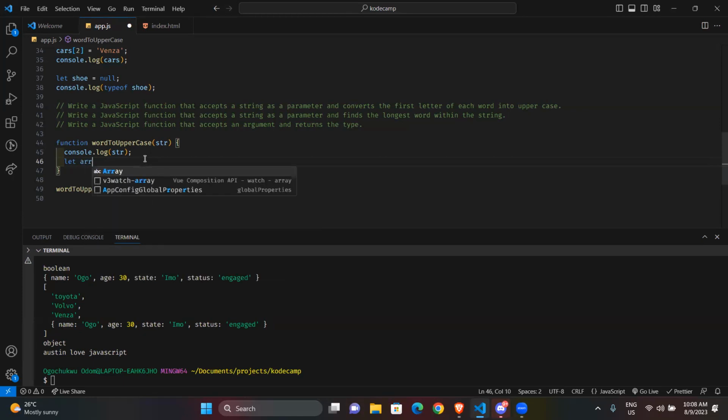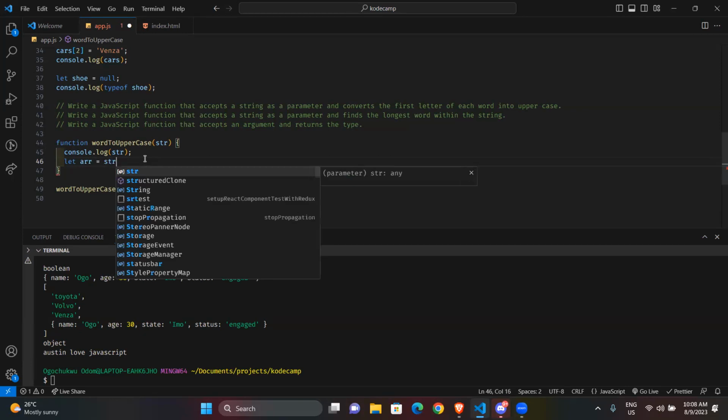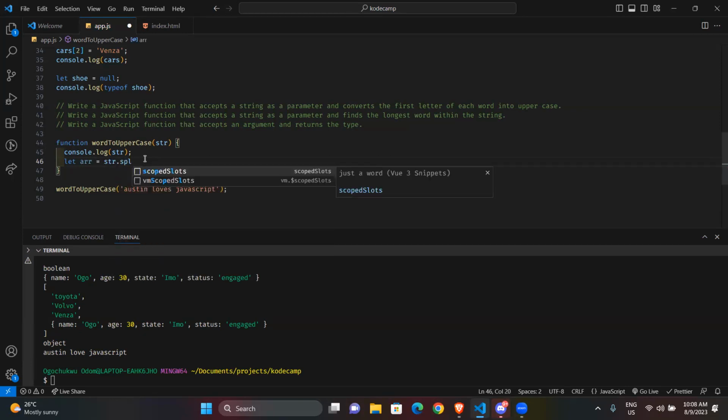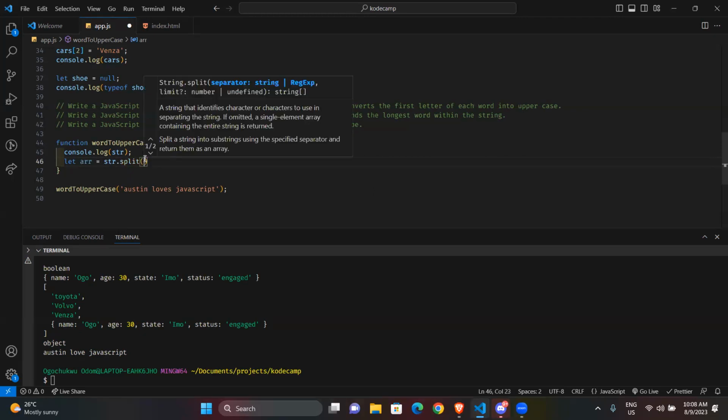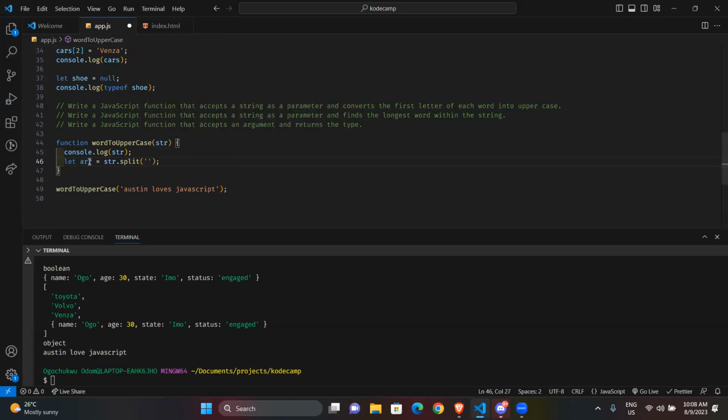So I'm just going to create an array and I will say str, which is my parameter, and then I will split it. Now, there is something with splitting that we need to understand. If I split it this way, what do you think is actually going to happen to my string?